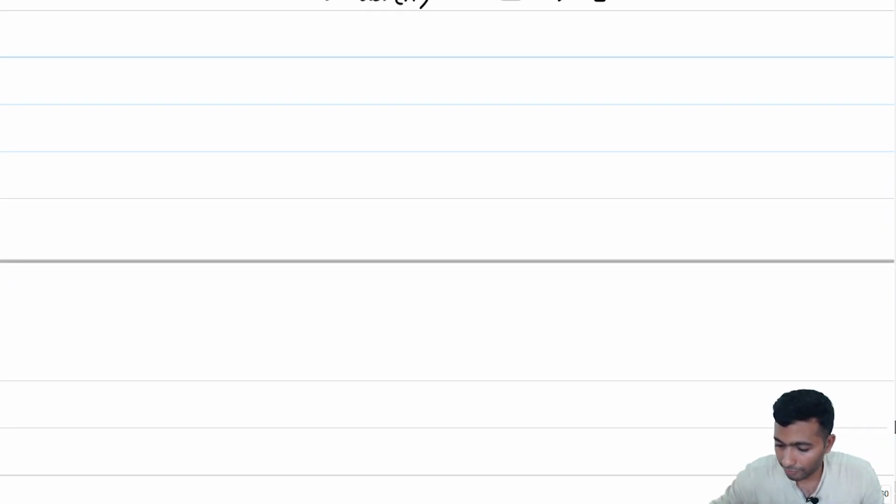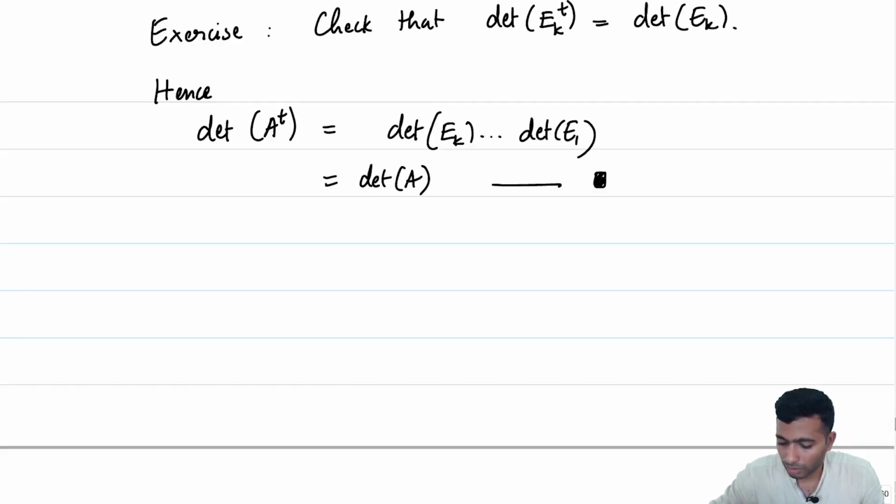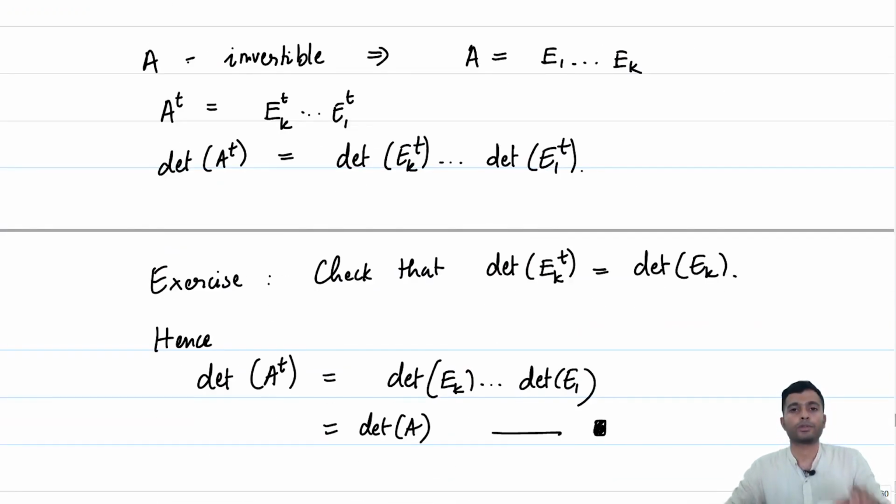So, this is an alternate way to convince yourself that if you look at the cofactor expansion along a column, it should give you the same number. Of course, there might be some circularity in the argument here, but this is a good indicator to believe that yes, even if we look at the cofactor expansion around a column, around any column for that matter, it should be equal to the cofactor expansion along any